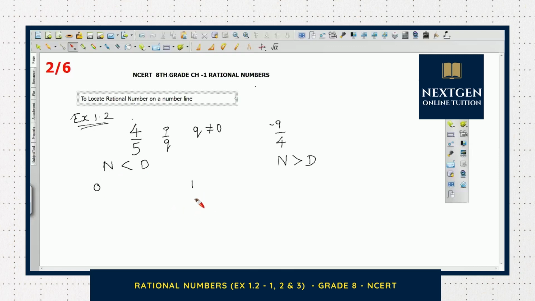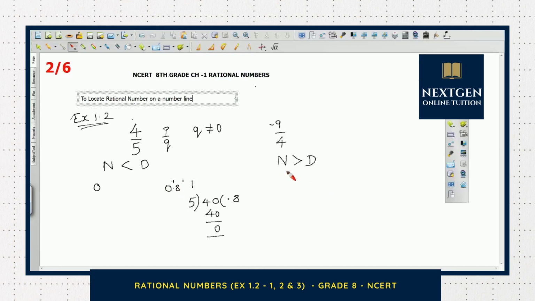Because if I prove it by dividing, the normal division, I am doing a normal division for this. Since it is a smaller number, I need to take a decimal, 0, right? So this is 0.8. Since it is 0.8, it lies between 0 and 1 only. It lies somewhere here. So this is my 1, this is my 0.9, and this is my 0.8.